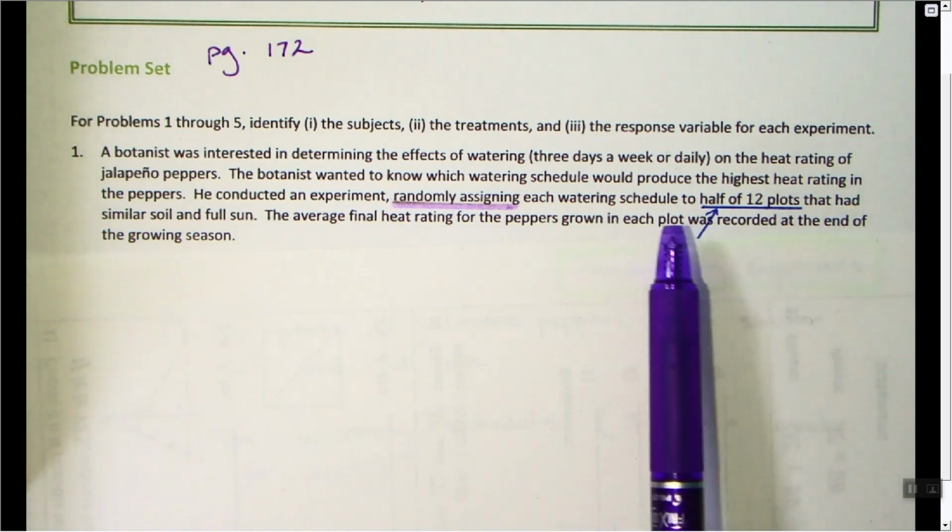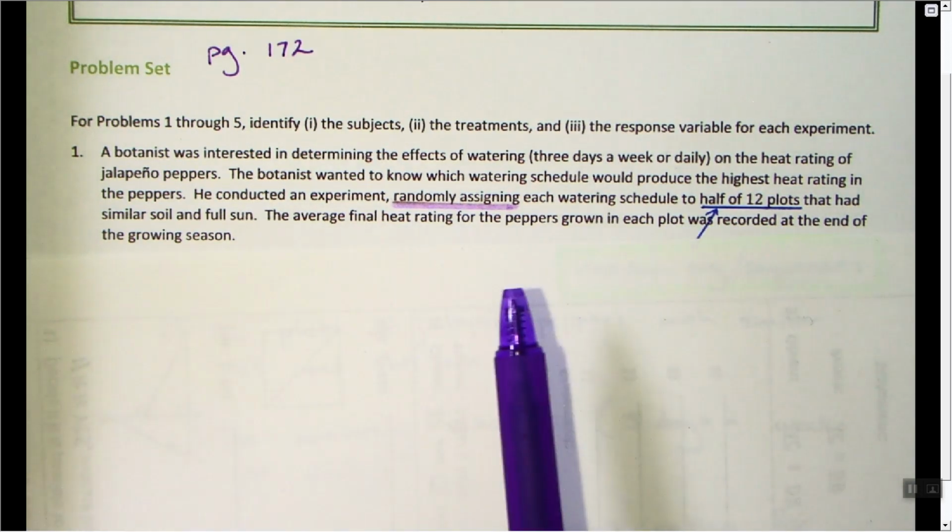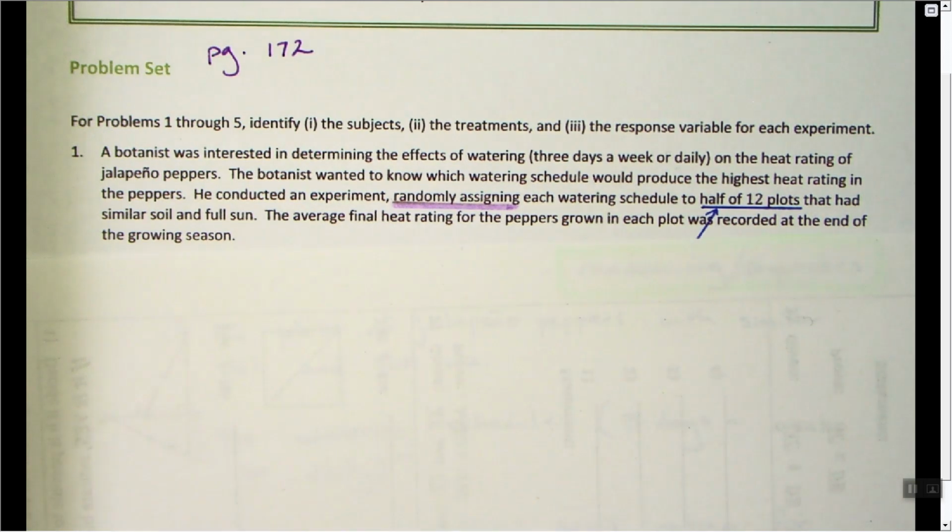Okay. Humans are very bad at generating random numbers or doing things randomly. You may think, well, I'll just do things crazy or just do it without a reason. But humans have been shown to be very, very bad at randomly making assignments. And so we turn to random number generators to really randomly assign things. There is a feature on your calculator to do this, but a really nice way to do it for this is